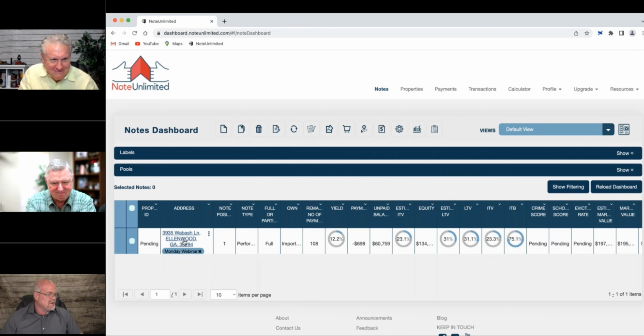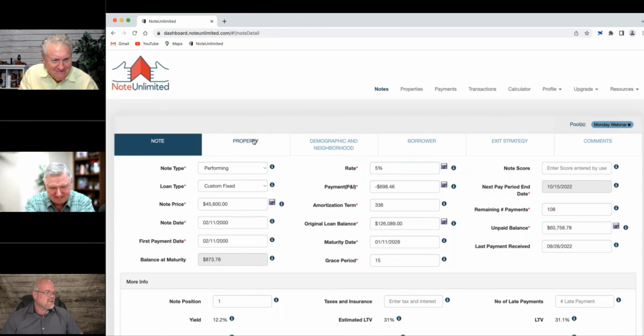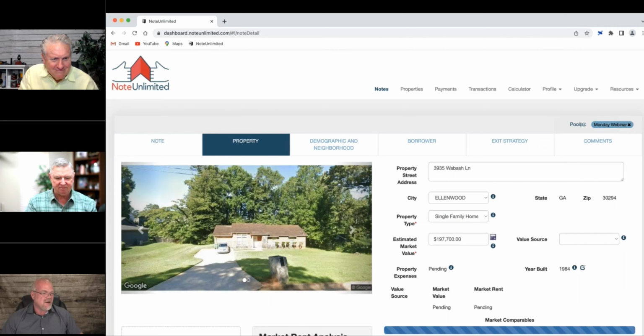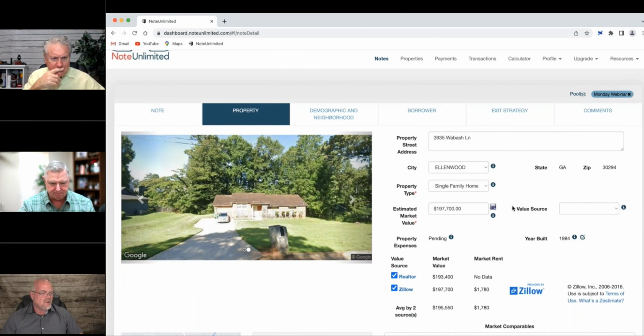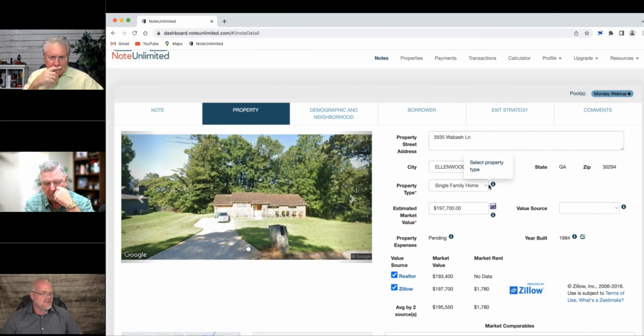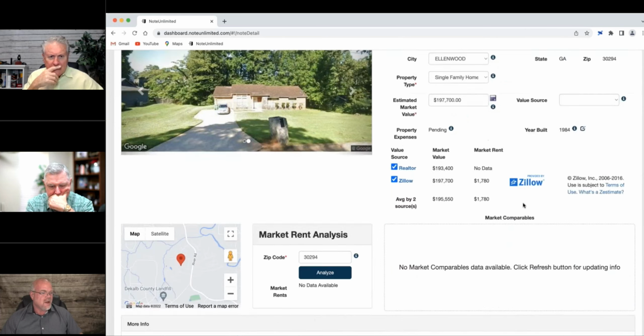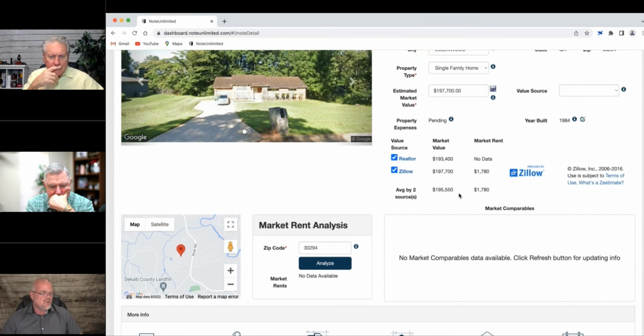All right, so we're going to go into this, and we're going to look at the property to start off with. Looking at the property gives us an idea of what the property value is. Like I said, this is in Inglewood. Property value is sitting around 195 if you average the two. You've got Realtor.com at 193 and Zillow at 197. And this is a free